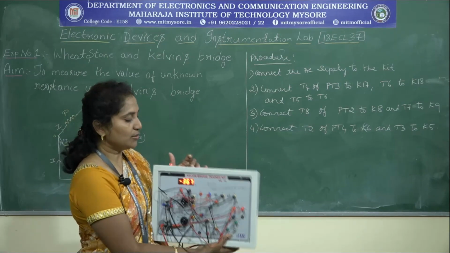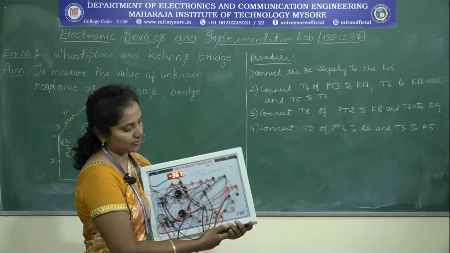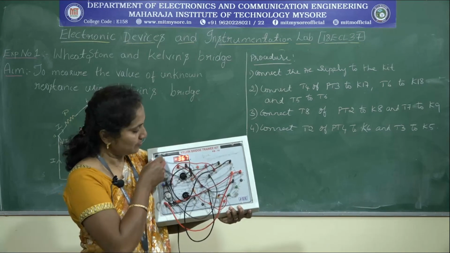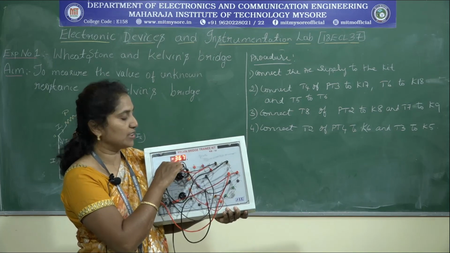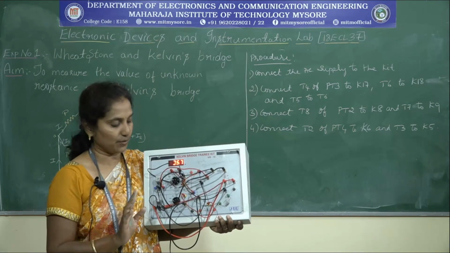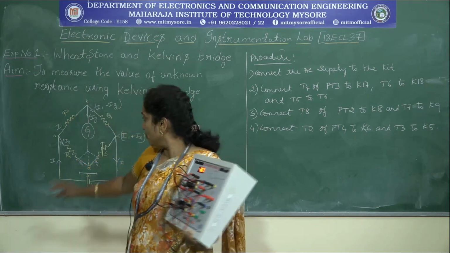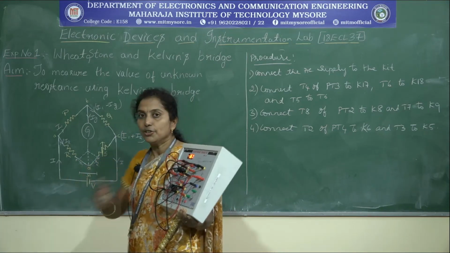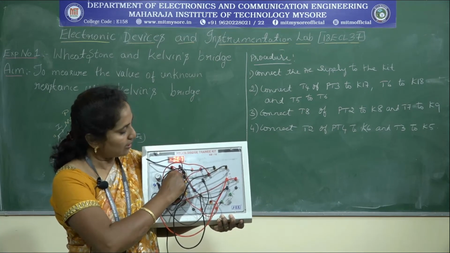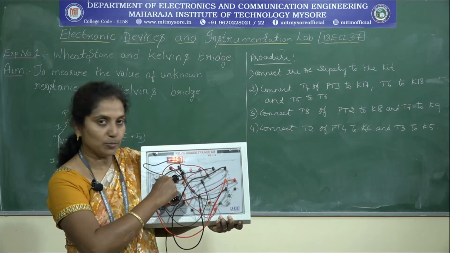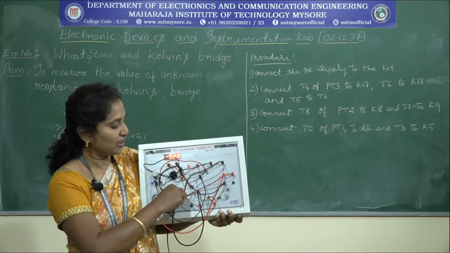Now the switch is here, you can turn it on or off. So I have switched on the kit. Now it is showing minus 367, which means it is not showing 0 value. That means you have to vary the resistance, using the variable resistance you can bring the value to 0. Now I will vary this. This is for the minute value you have to vary. See, here it is going to decrease.